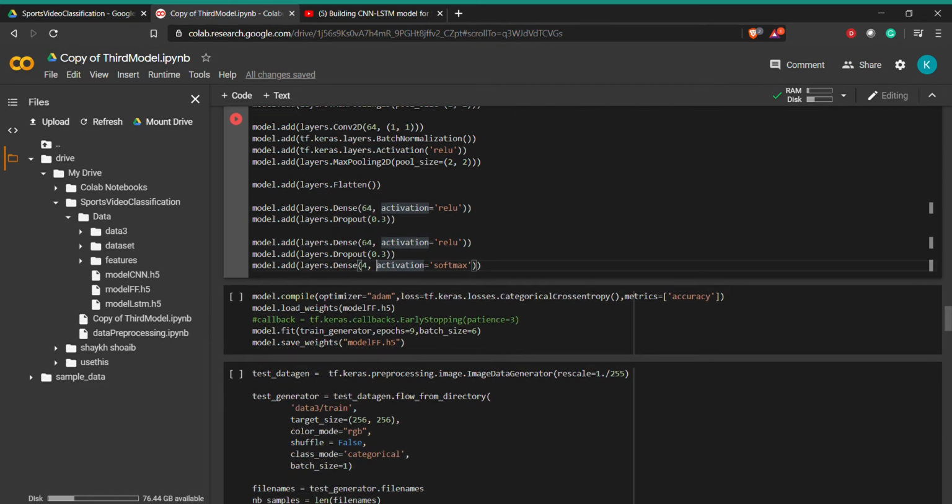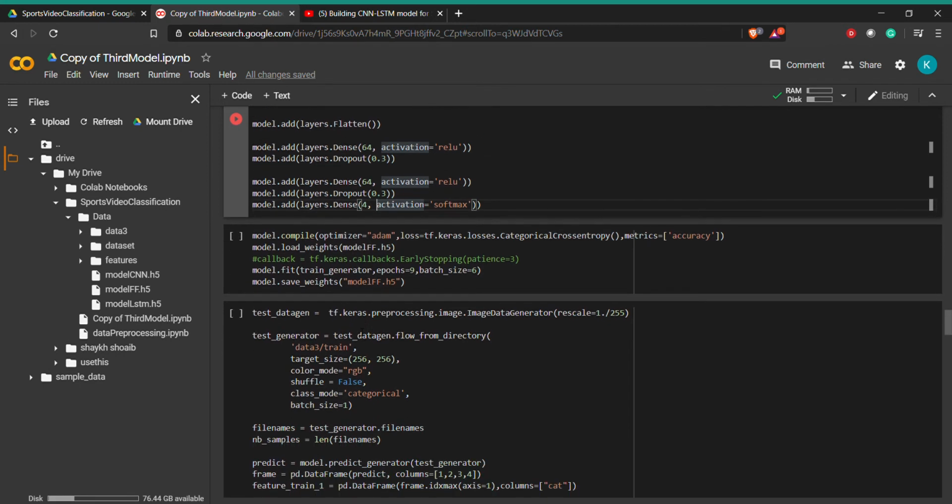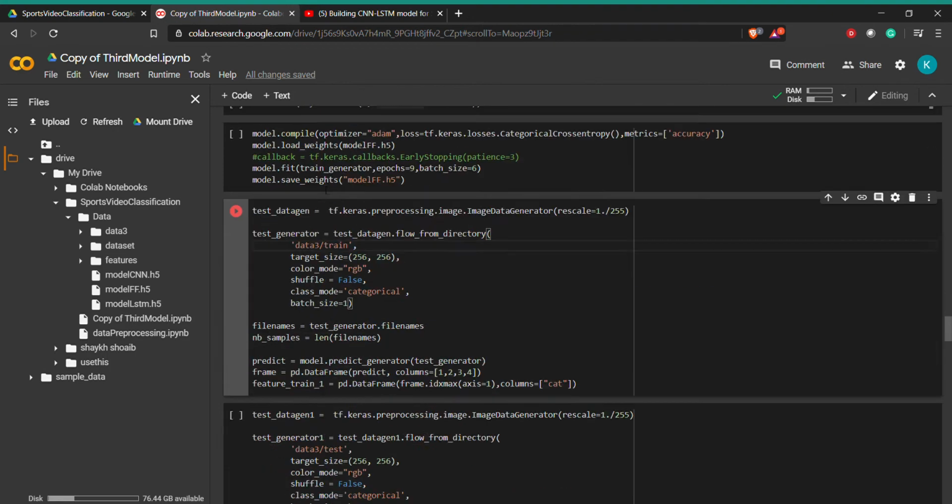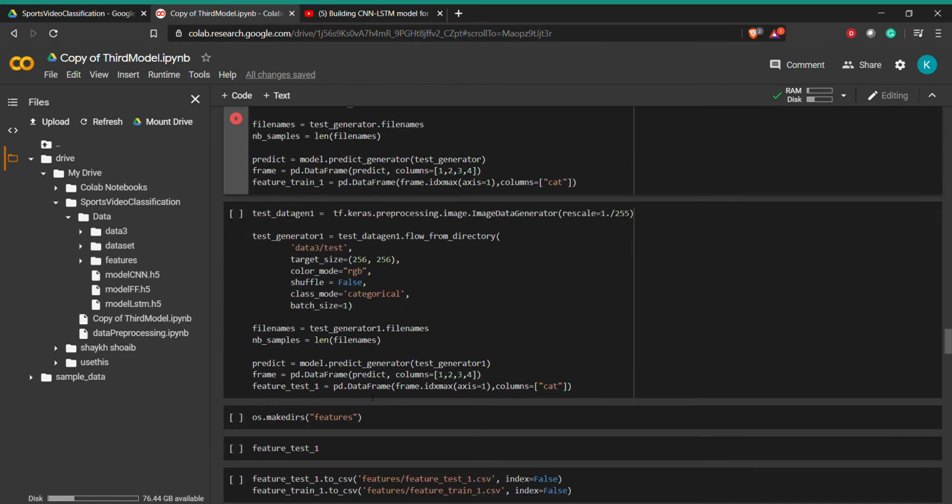Now after this, what we did was we took our current data and predicted the sub activity class for every frame through this model which we have built. Once we did that, we got particular results over here.